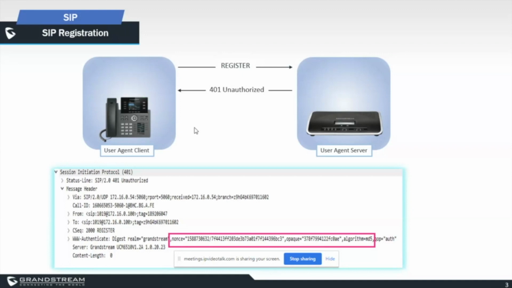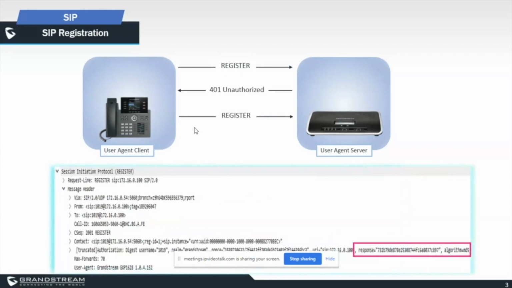And also it specifies the algorithm that it's going to use for hashing. And most devices use MD5 to generate the hash. And so when the phone receives the nonce, it's going to,